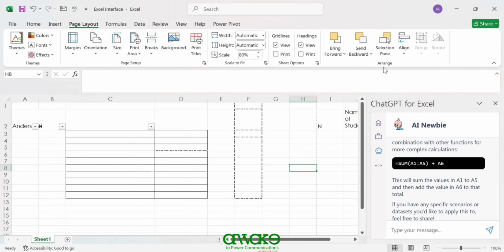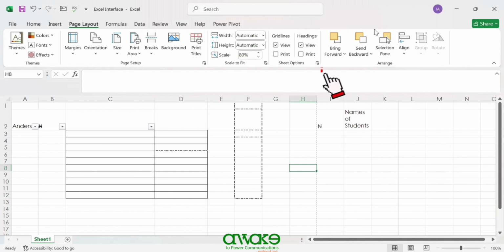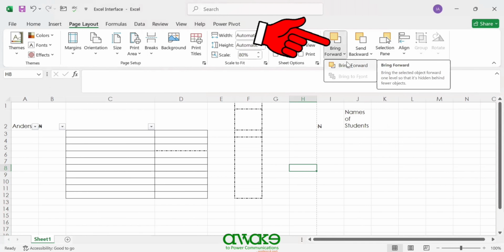Let's work now with the arrange group. In the arrange group of commands, just as the name implies, arrange helps us to arrange our text or objects that we've inserted within the spreadsheet. For instance, you can see bring forward. Bring forward here implies that you bring a text forward, or an object forward. For instance, let's say